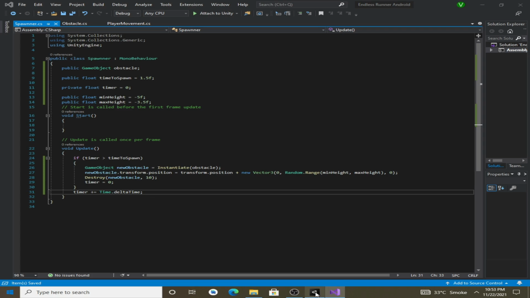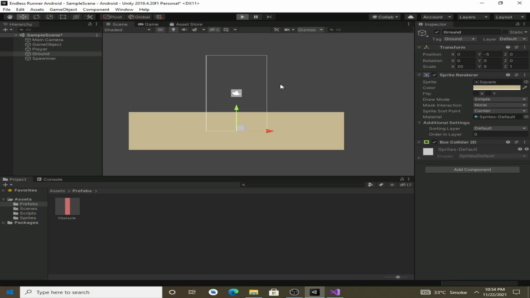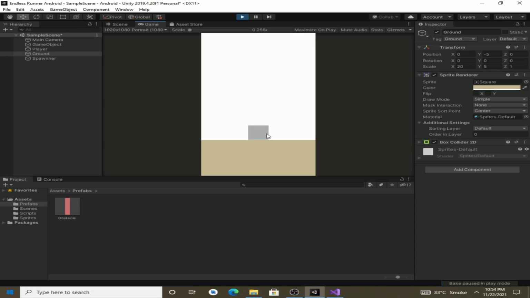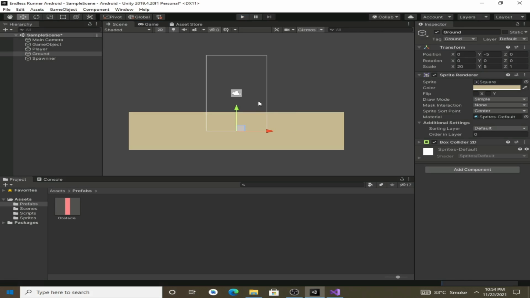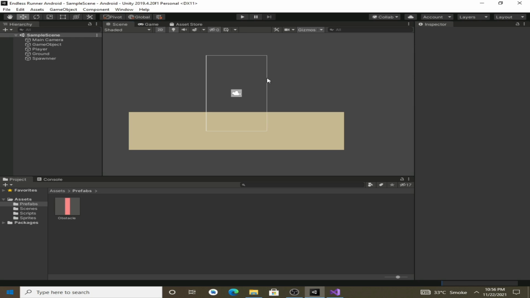we can see that now our obstacles are spawning at random height, but they are rendering in front of the ground right now. So to make the obstacle appear behind the ground, we have to change the order in layer of our ground.